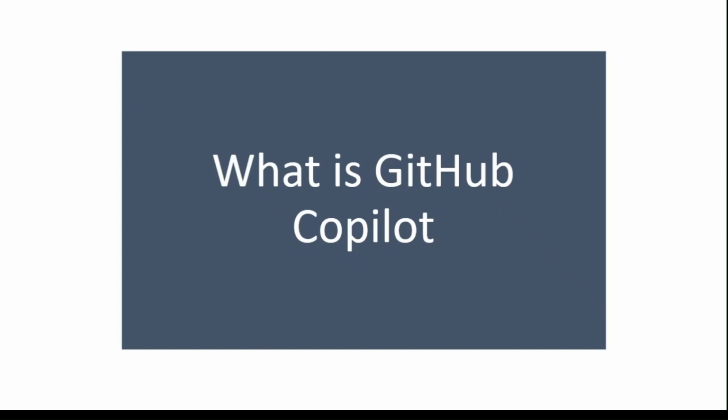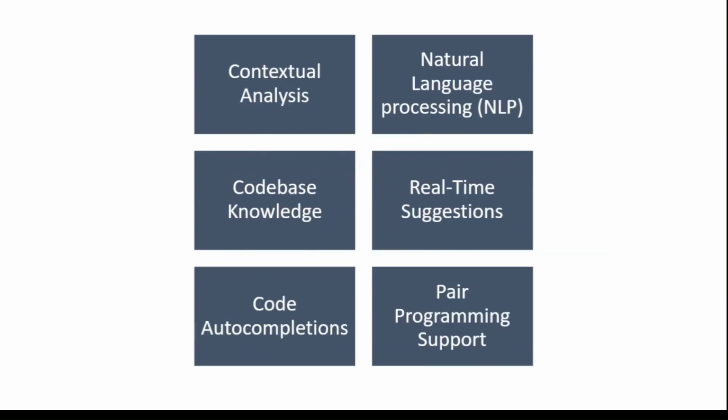These are some benefits we can talk about when we're discussing GitHub Copilot. Contextual analysis. The Copilot AI engine analyzes the code you are currently working on, including the context, the programming language, and the structure of the code. When you're typing something in the editor,